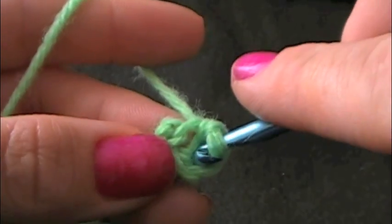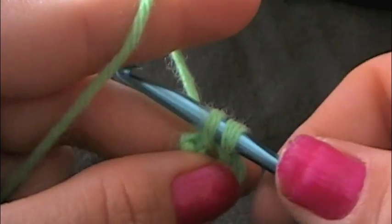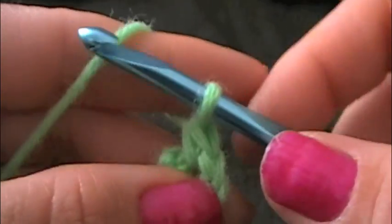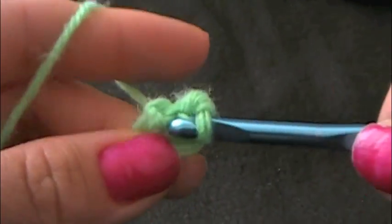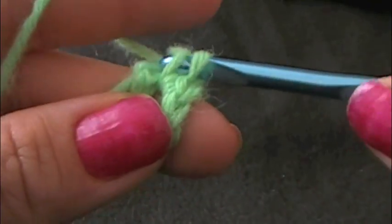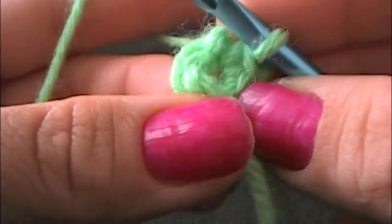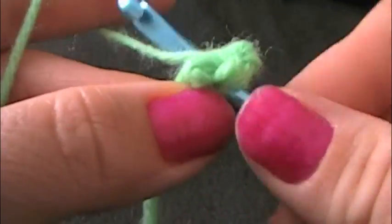Single crochet, you go in the middle, wrap and pull through, 2 loops on the hook, wrap and pull through both. And again repeat that 9 more times. There's 2. And I'm also going to be holding in my tail as I work around. We're at number 3,